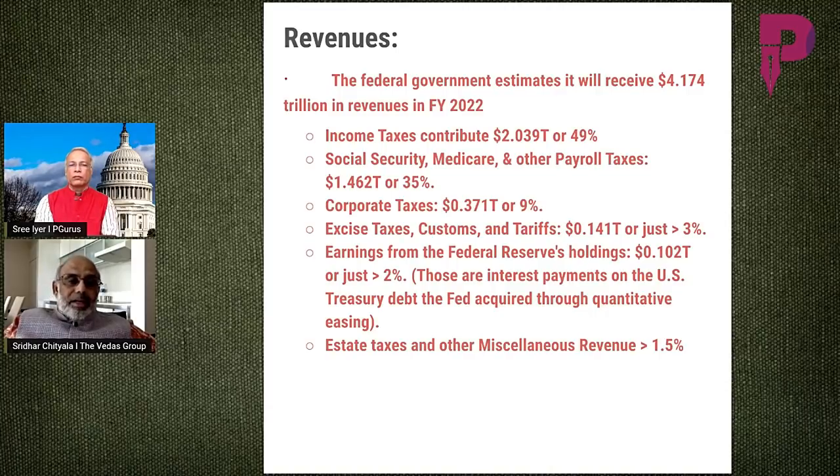To your point, Sridharji, this is one of the line items which has increased because of the soon-to-be-removed tax cuts that President Trump gave to the taxpayers in the country. Then the corporate taxes, Social Security and Medicare, that is really typically the standard part, which is about $1.462 trillion. You don't see much. That's a percentage of